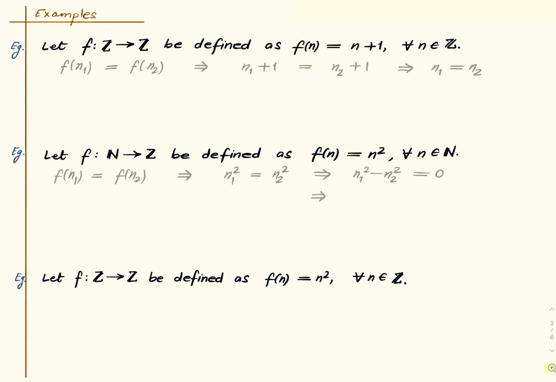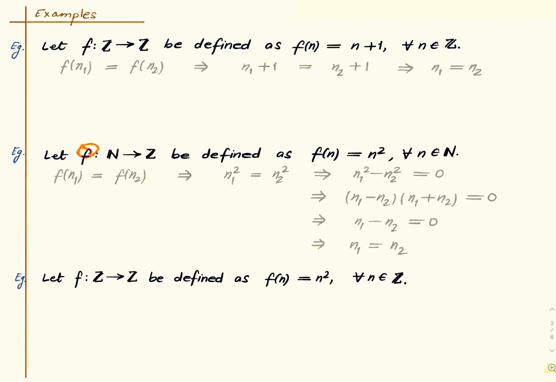Therefore, (n1 minus n2) times (n1 plus n2) is 0. But since n1 and n2 are natural numbers, this second factor cannot be 0. This is at least 2, in fact, and therefore the first factor must be 0. So n1 minus n2 must be 0, and hence n1 equals n2. So whenever f of n1 is f of n2, we get n1 equals n2, and therefore the function f is